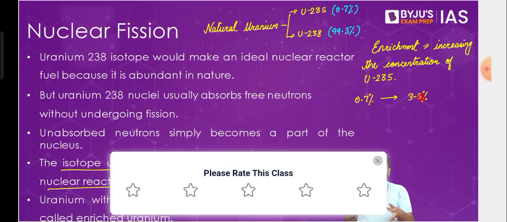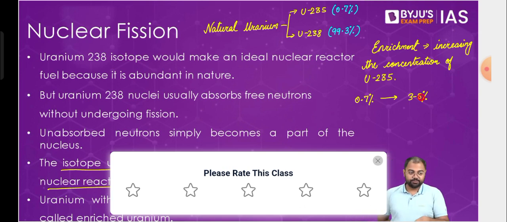Last year the US basically said that Iran is doing enrichment, and according to them, Iran has done enrichment beyond 85%. We are discussing 3 to 5% enrichment. If you go beyond 5% enrichment, it means you are not using it for electricity anymore. You are enriching it so that you can create an atom bomb. So now the US has accused Iran of doing enrichment beyond this acceptable 5%, and forget about 5%, they are saying that beyond 80% enrichment has already been achieved by Iran.